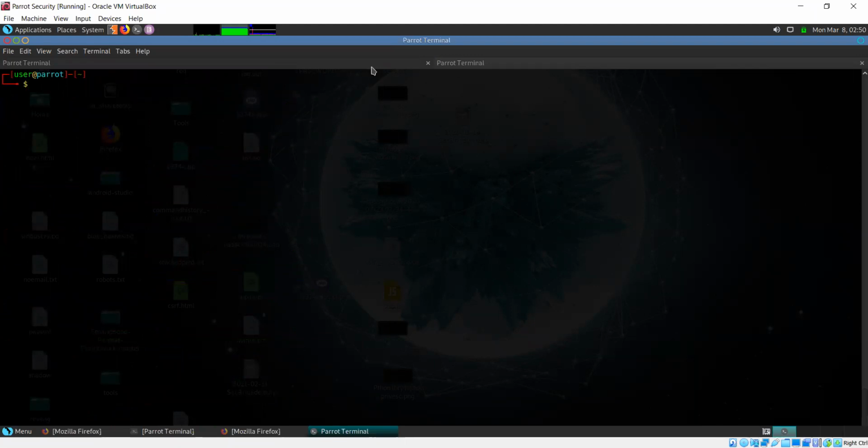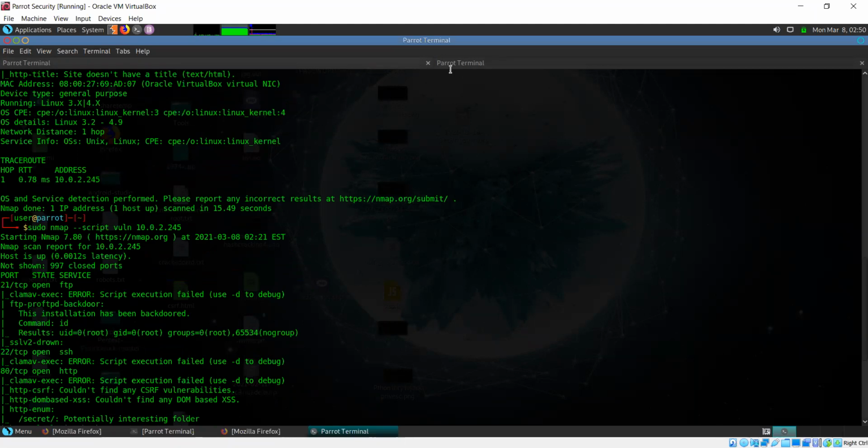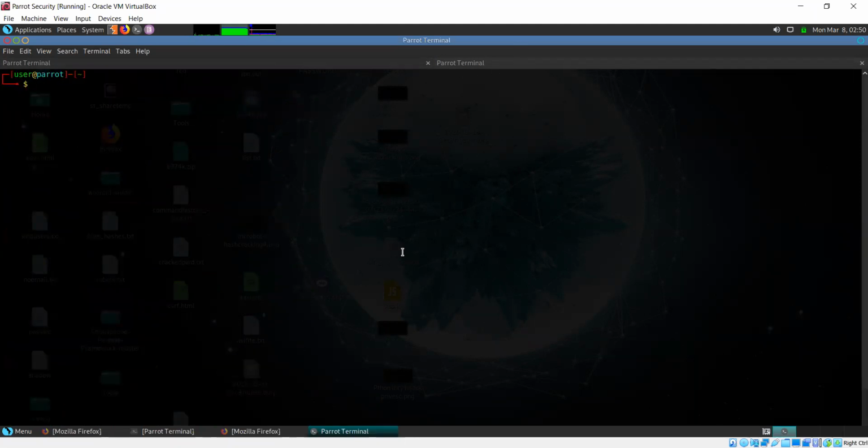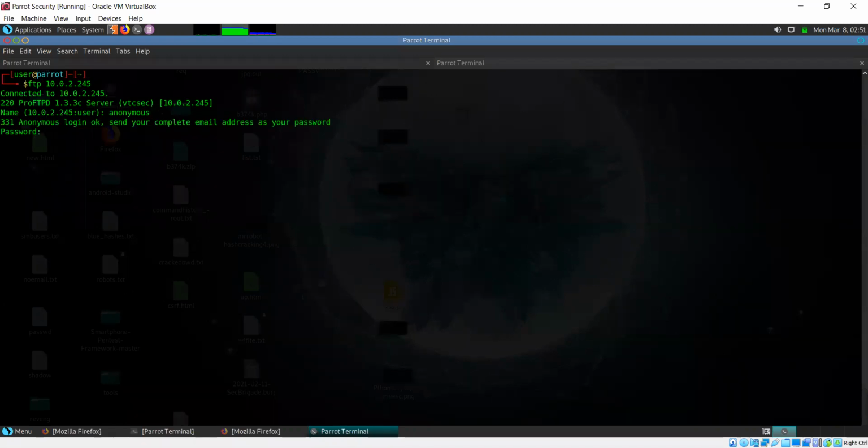Now, talking about FTP, whenever you see an FTP service that is open on a target, there is something that you can try. You can try to get an anonymous login there. In order to access an FTP server, you can either type this in your browser, ftp:// followed by the IP, or you can try accessing it from the command line. Just do ftp, space, IP and press enter. It's going to ask you for a username. If anonymous login is enabled, you should be able to log in with anonymous as the username and password.